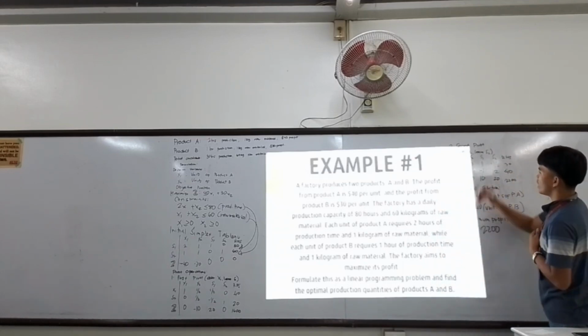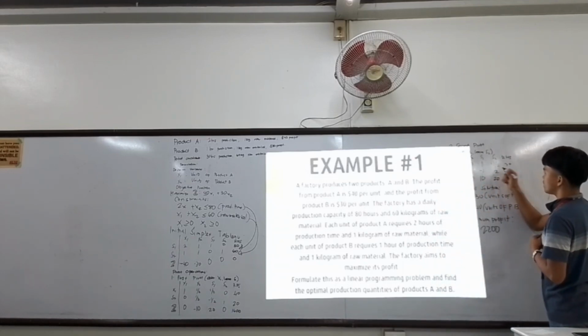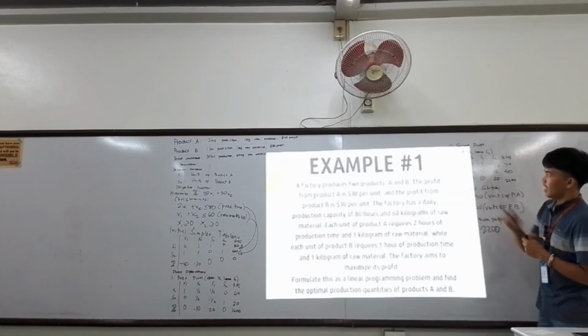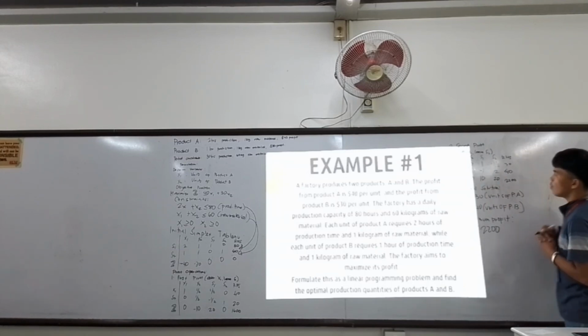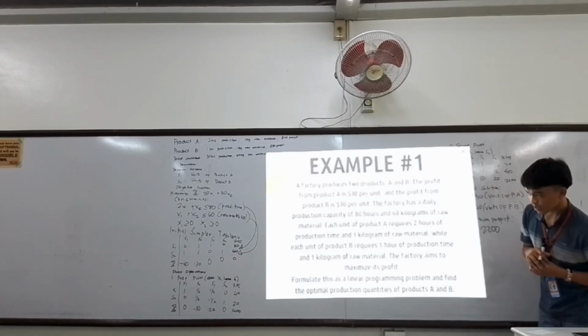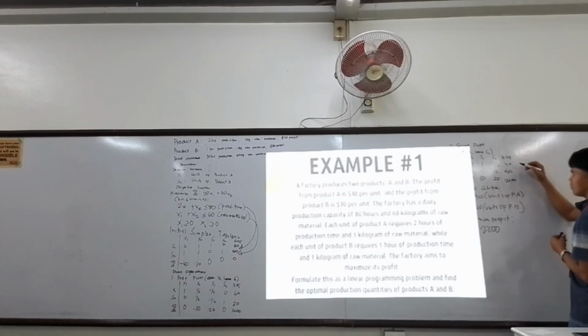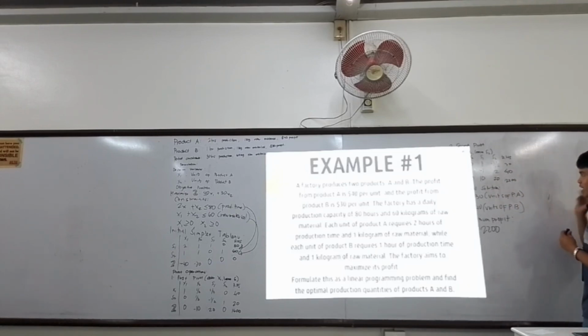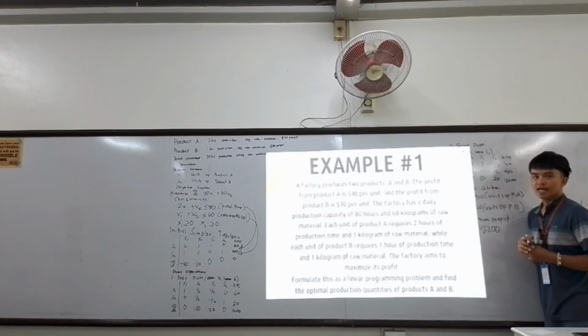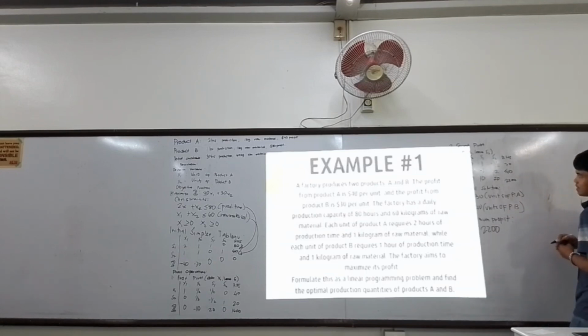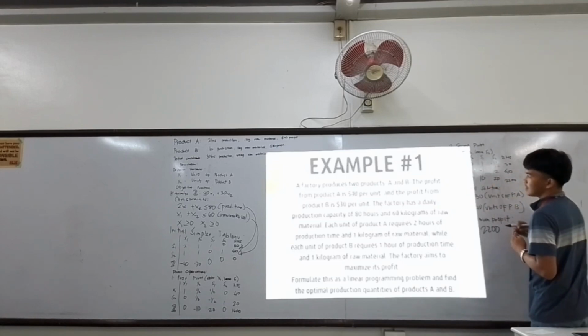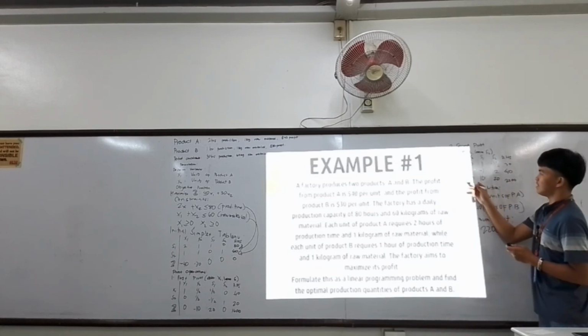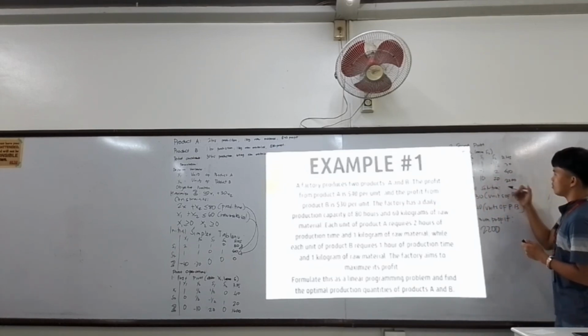So for x sub 1, we have 1, 0, 1, negative 1 half, and 30. And x sub 2, we have 0, 1, negative 1, 2, and 40. As you can see, the value here for RHS, we have to change the symbol again to positive, since we moved the 30 and 40 to RHS from Z. So our Z value here is 0, 0, 10, 20, and 2,000.